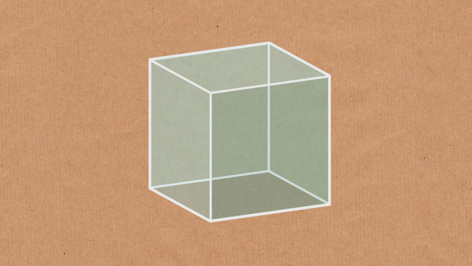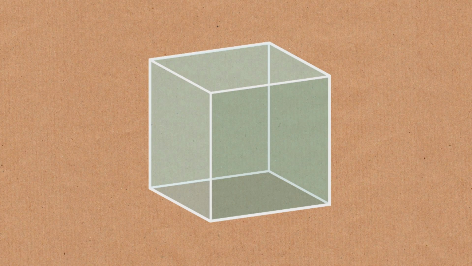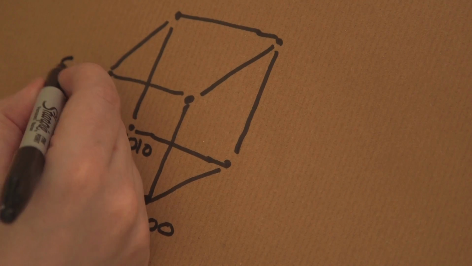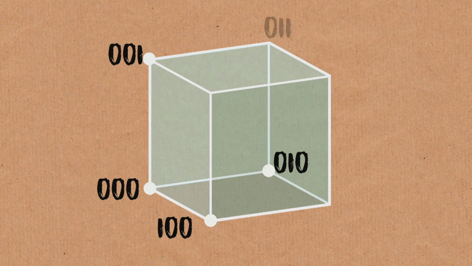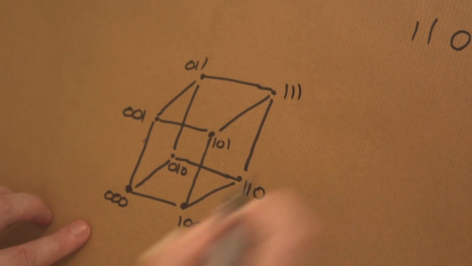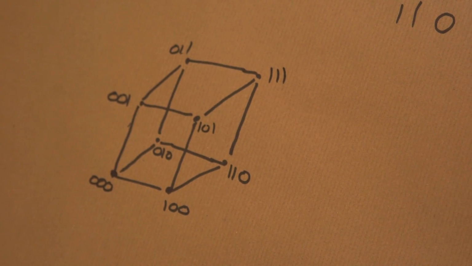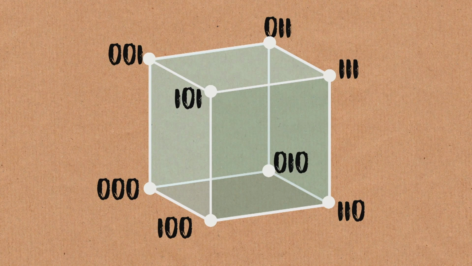Well, we can actually think of this geometrically. Think of these zeros and ones as coordinates, coordinates in 3-dimensional space. So let's say this one down here is 0, 0, 0. And then this one would be 1, 0, 0. This would be 0, 1, 0. And if I go up, 0, 0, 1, and let's just fill in the coordinates we've got here. 0, 1, 1, 1, 1, 0, 1, 0, 1, and up here, this is 1, 1, 1. So all the possible messages become points in 3-dimensional space.